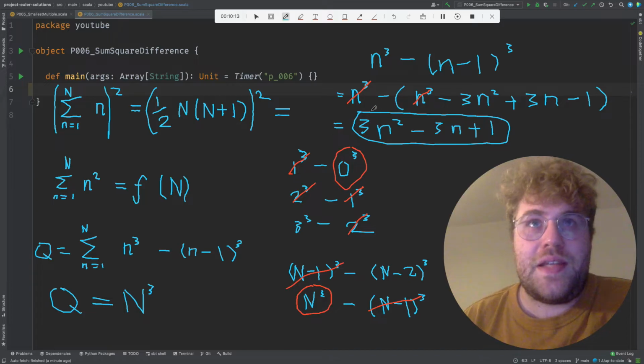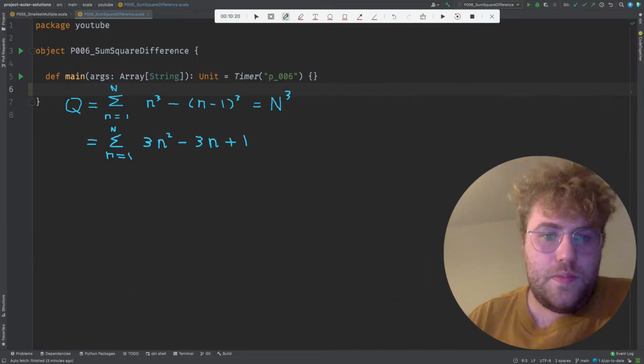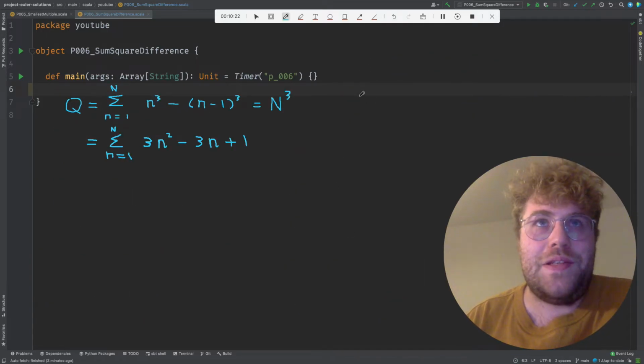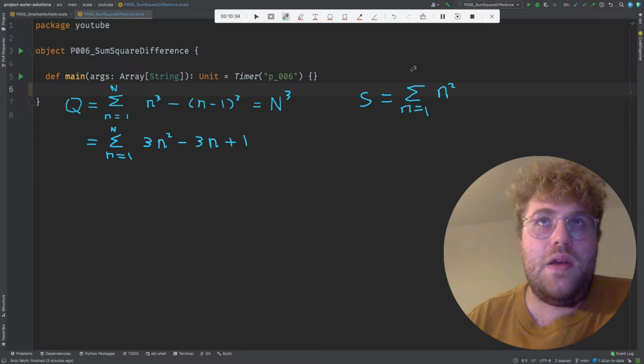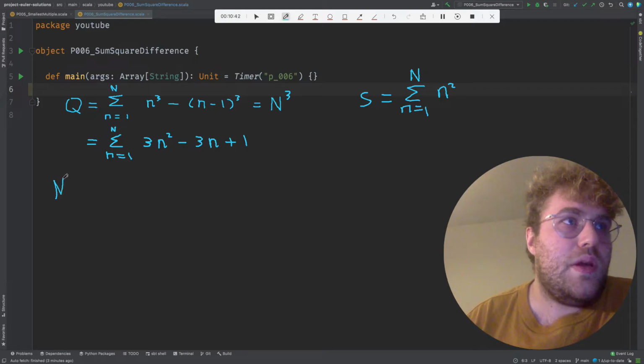And you'll notice that this contains the thing that we want, this 3n squared. So we're just going to do a little bit of rearranging, and hopefully that'll get us the answer. I just copy the stuff into the top left, and the target quantity we're looking for is this, which I'm going to call S, the sum of squares, n equals 1 to capital N. And what we can see from our equation here is that we can distribute the sum over all the different terms. So it's going to be 3S